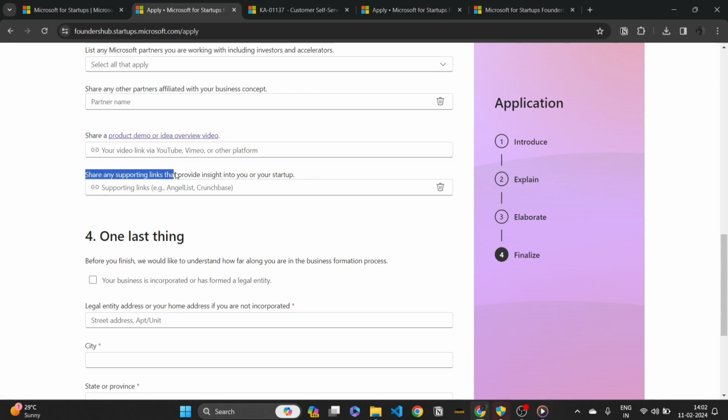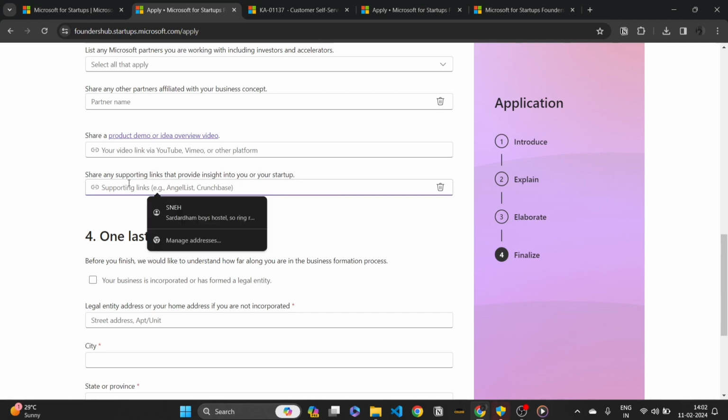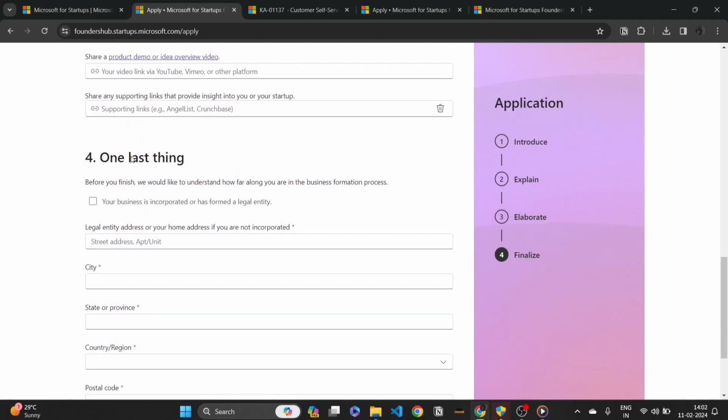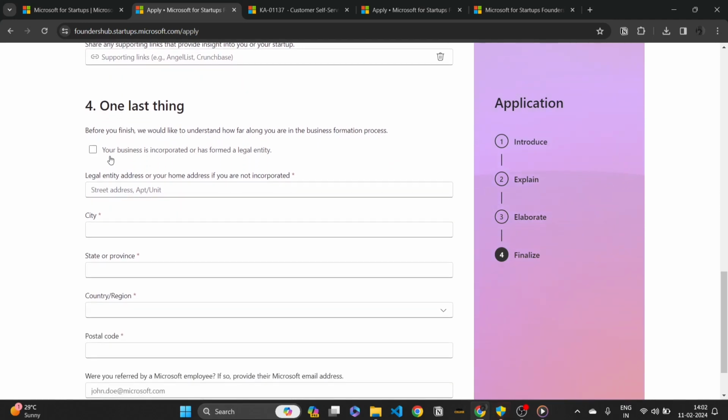Then share any supporting links that provide insights into you or your startup. So you can paste the link of your GitHub account. You can paste here the link of your Instagram, but make sure that it is a professional social media platform or profile. Then the last thing is, if your business is incorporated and or has formed a legal entity,